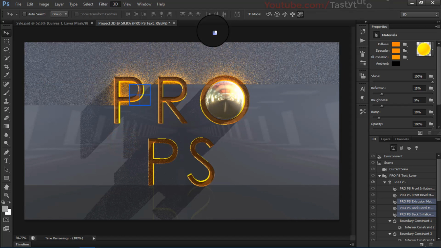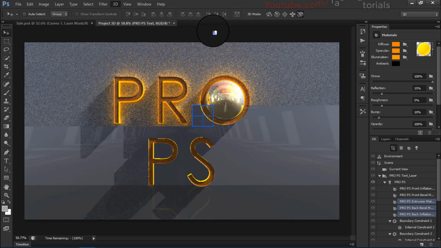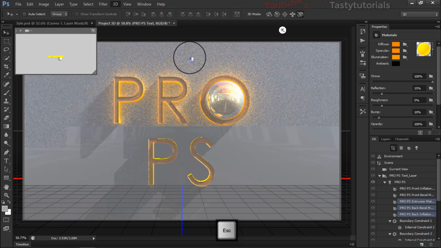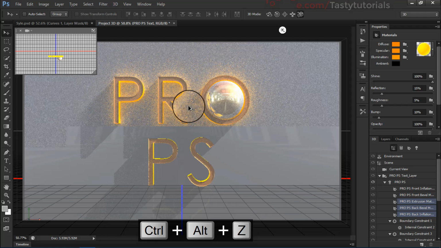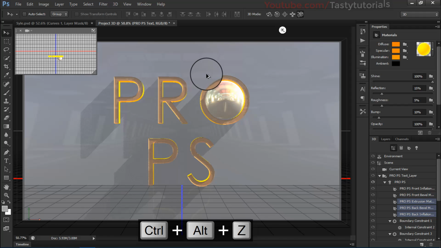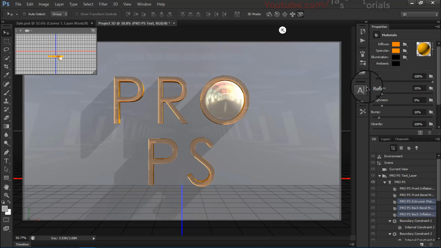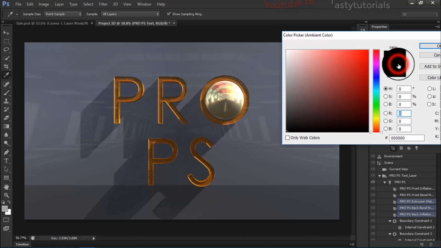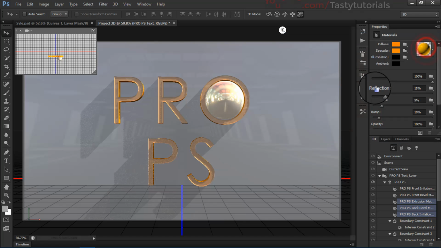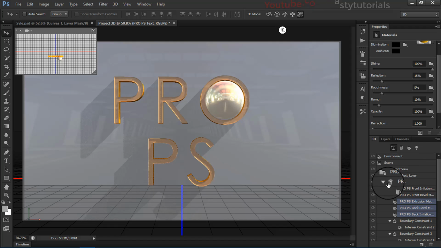Now let's go to filter and render this to check how it looks like. So it's not a good thing. I don't like this. You will see that it's not a good idea. So we'll undo that, and once more, and I will change the back illumination to black. Ambient is nice. You will see that it's black. And yes, what else, we have increased the shine to 100%, and reflection roughness, everything is nice, and